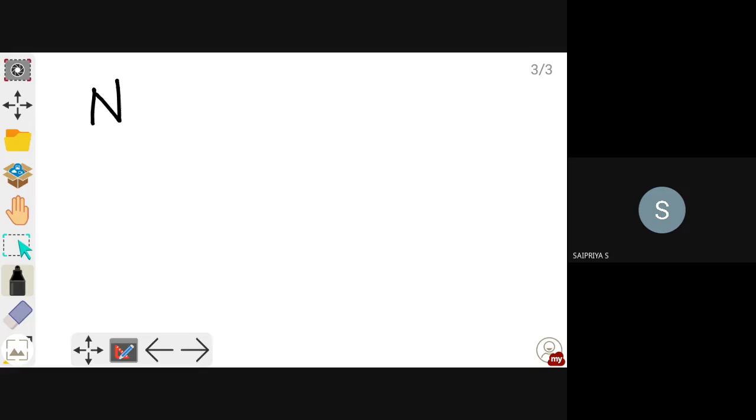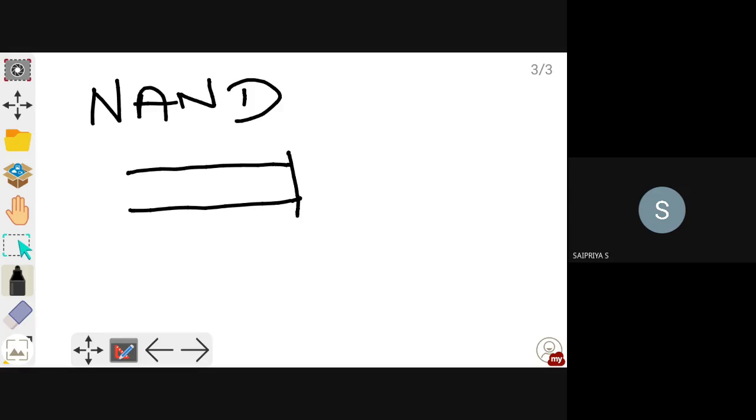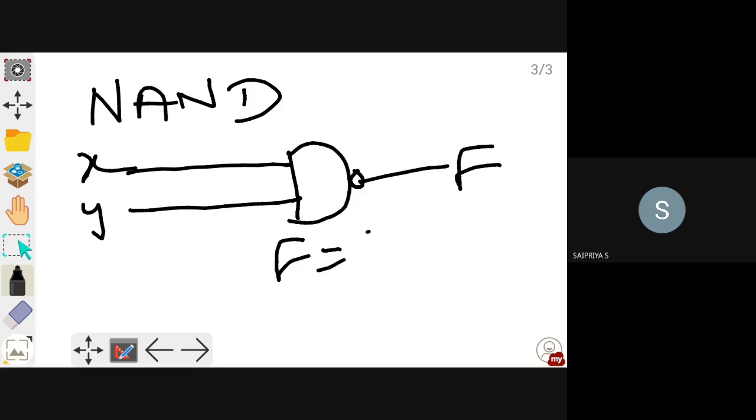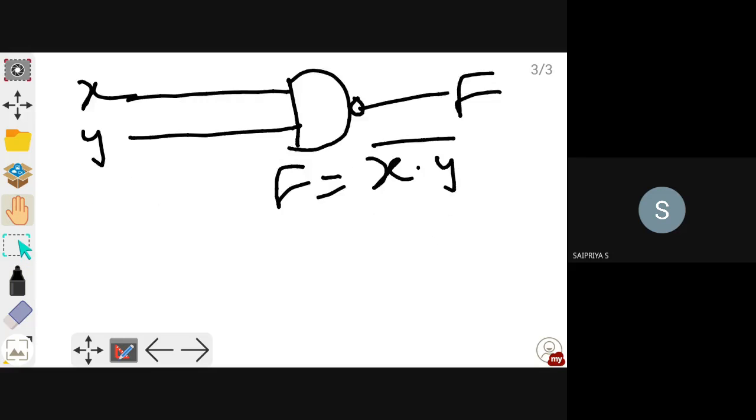So next is the NAND gate. The NAND gate is the inverse of the AND gate. So this is the AND gate, and a bubble at the end of the gate will give you the NAND gate. So X, Y and F is equal to X into Y the whole bar. So you have to perform X into Y and then you have to invert it. So the truth table will be